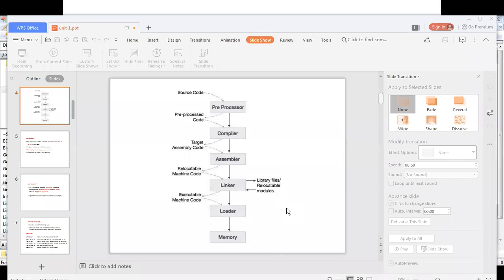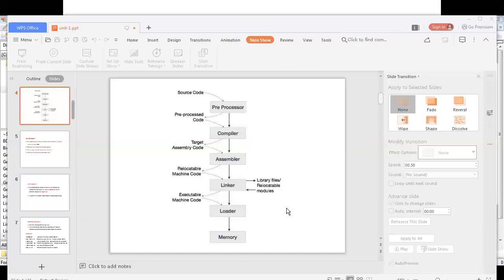In a one line answer, the duty of the linker is to link the various modules of the relocatable machine code with one another. Simply in one line. Clear? Basing on their dependencies, they will link with one another. These dependencies are technically called references. Who is referencing whom? That is the thing.